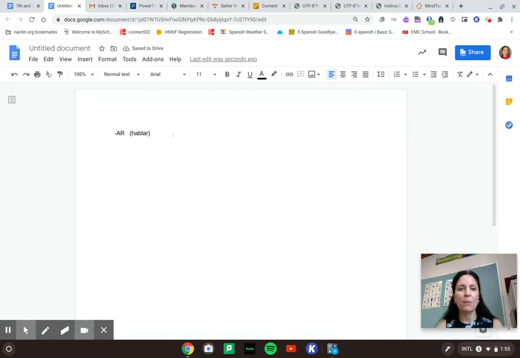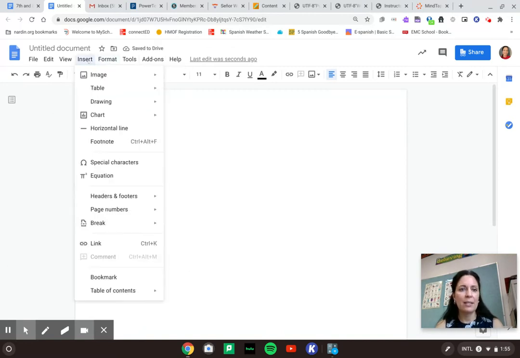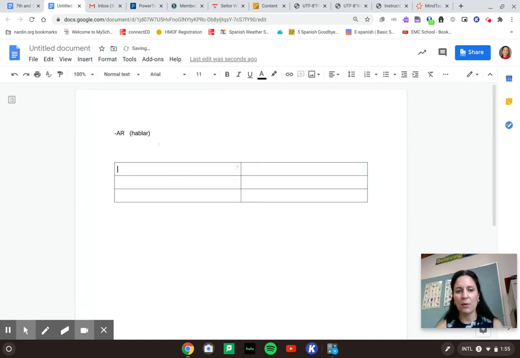So basically, for the verb hablar, I'm going to ask that you always draw your little 6-pack like this, because that's how we conjugate a verb. We'll put the verb on top. Hablar is to speak. But now we have to break it down into the subject pronouns. So I speak, you speak, he speaks. The first way that we're going to do that is we're going to take off our AR. So we're going to be left with habl. And we can say yo if we want to. We don't have to. So we're ending up with yo habl.